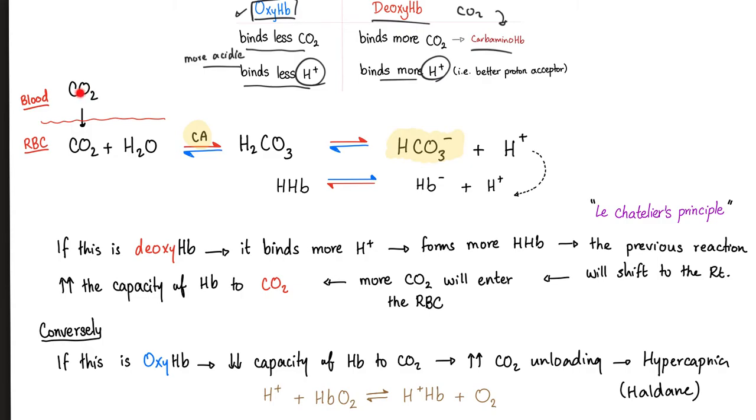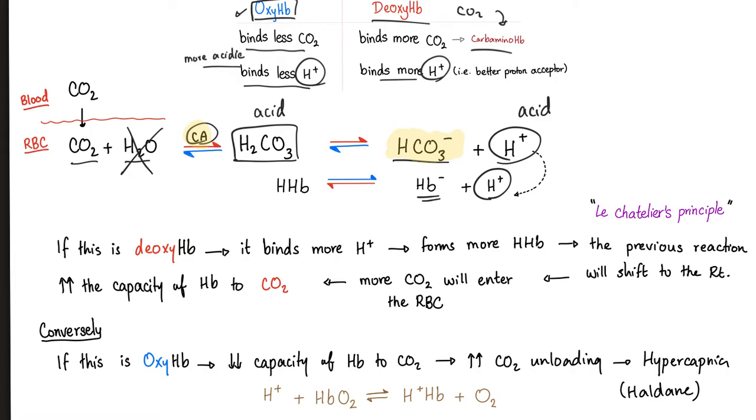CO2 will jump from the blood onto the hemoglobin. This red line here is the membrane of the RBC. CO2 comes into the red blood cell and jumps on the hemoglobin, but a disaster is about to happen. CO2 plus water, thanks to carbonic anhydrase, gives you carbonic acid. That's an acid, and then it gets dissociated into bicarbonate and hydrogen ions. This same hydrogen ion will interact with the hemoglobin, and